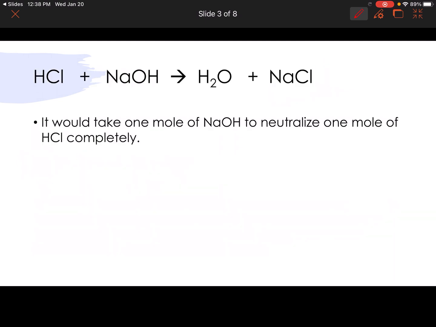Okay, so for example, we've got HCl here, so HCl and sodium hydroxide are going to bond or neutralize to form sodium chloride, so the salt plus our water. So for example here, it would take 1 mole of sodium hydroxide to neutralize 1 mole of HCl completely. So we're following the mole ratios, and remember these are ones in front there,